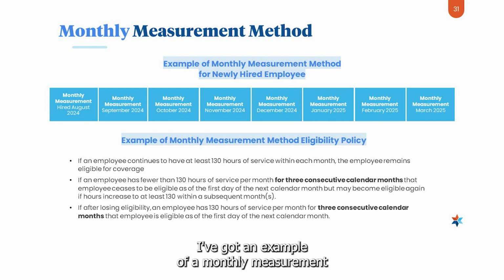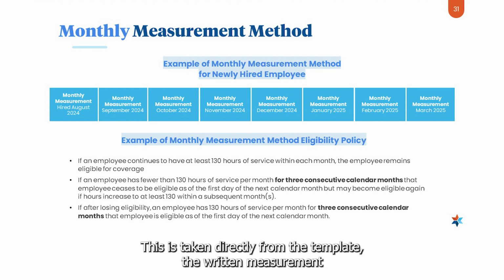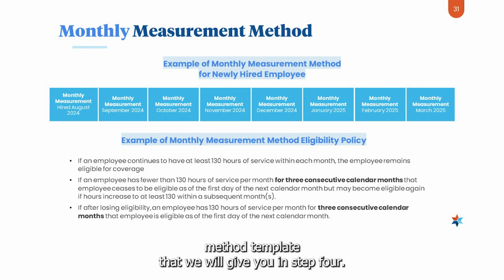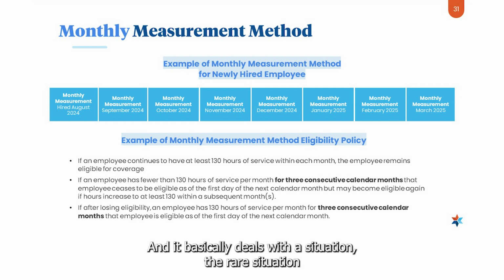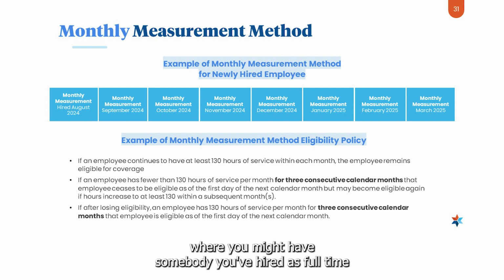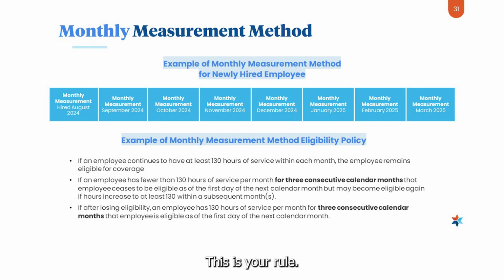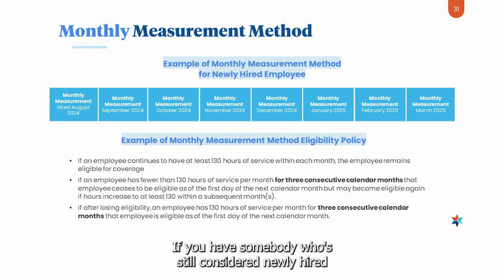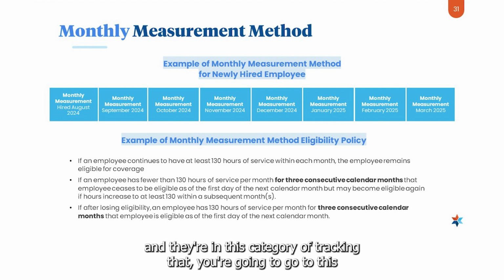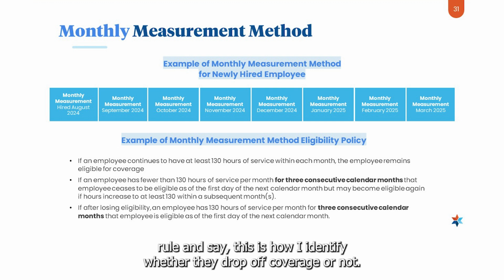I've got an example of a monthly measurement method eligibility policy here. This is taken directly from the written measurement method template that we will give you in step 4. And it basically deals with the rare situation where you might have somebody you've hired as full-time and for whatever reason their hours have gone down. Do I take them off coverage immediately? Do I not? What happens? This is your rule. If you have somebody who's still considered newly hired and they're in this category of tracking, you're going to go to this rule and say, this is how I identify whether they drop off coverage or